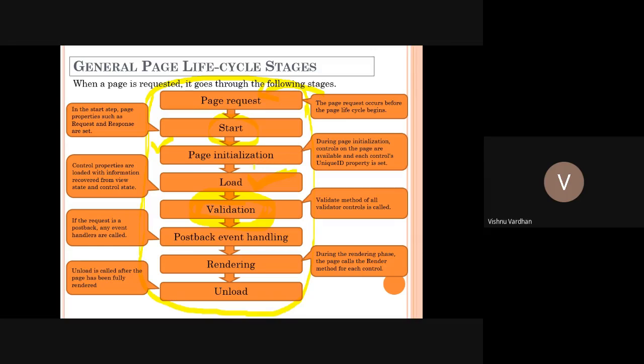You are the creator of that particular component, so you will have some method accessibility to initialize that component and render it as per your requirements. For that sake, these many triggering points are given, and wherever you want some processing on that control, you can provide that implementation in the respective methods.